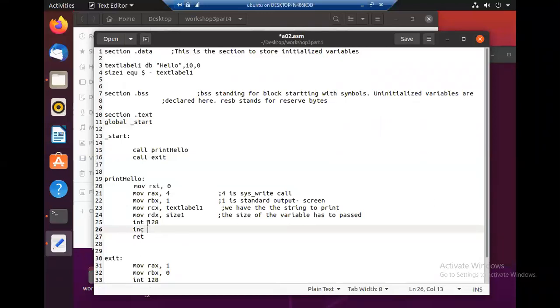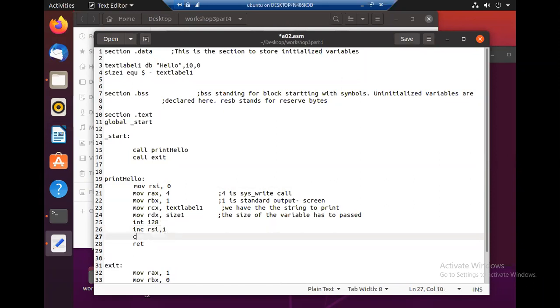So we are going to increment this loop variable or loop counter variable by value 1. Increase RSI by 1. Right? We do this and then we compare.